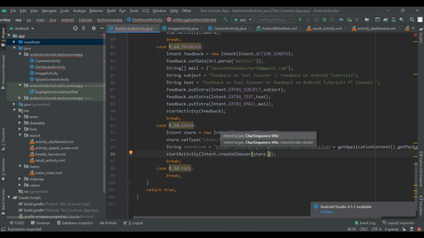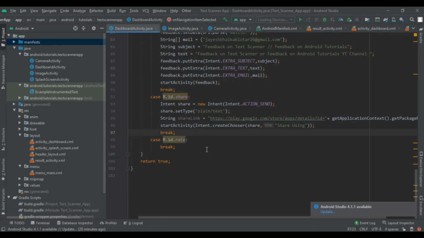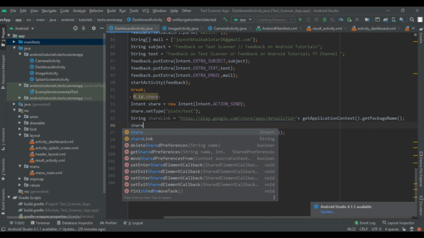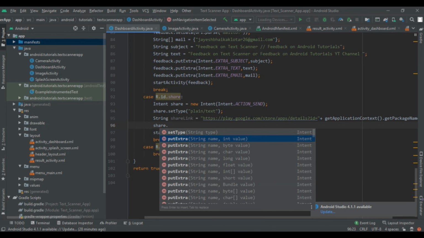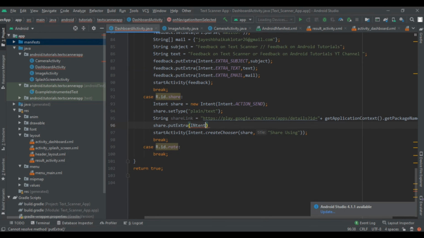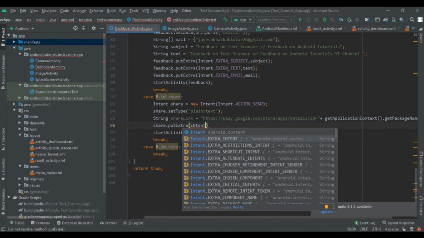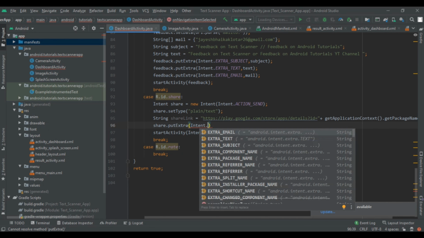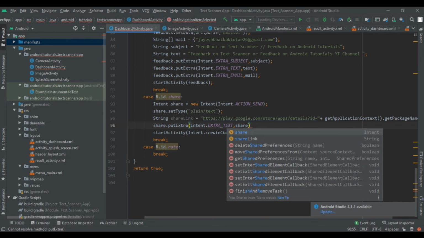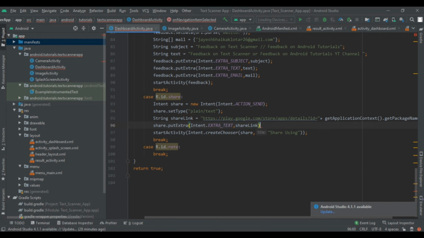So share using. So you can see that our share link is not with that intent, so we are going to write share dot put extra, so intent dot extra text, and then pass the share link. So this will create the sharing functionality.